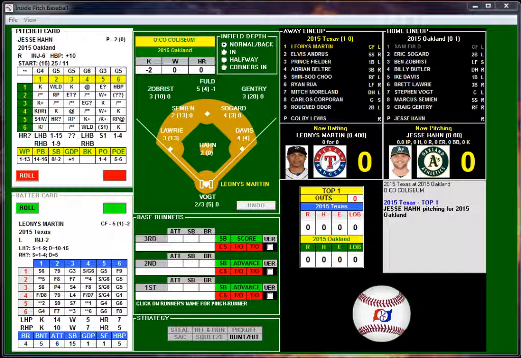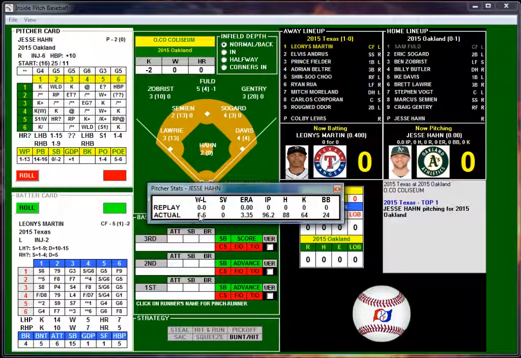I might not bring them in the exact order. Again, the pinch hitters, I might not do the same order as those either. But I'm going to try and use the same players that actually played in the game, and hopefully that'll work out for us. So let's take a look at Jesse Hahn here.